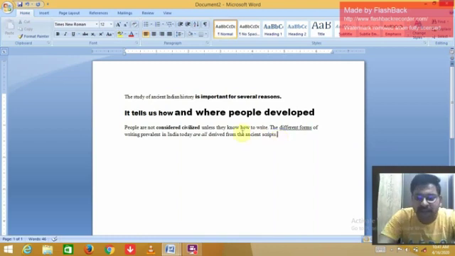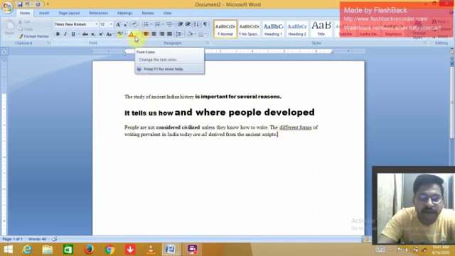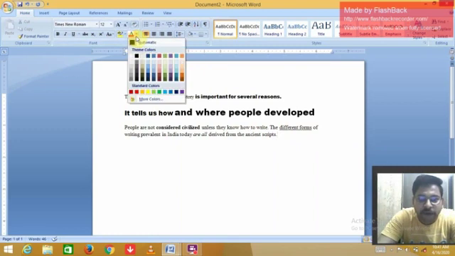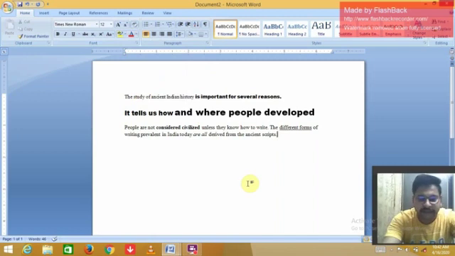If you see, the text color is black. If you want to make the text any color, you can see this A and on its right hand side is a drop down arrow. Click on this arrow, a drop down list will appear. You can choose any color if you want to make the text colorful. So I choose red. I write anything, you can see the text color is changed and it is red. So all of you understand that.